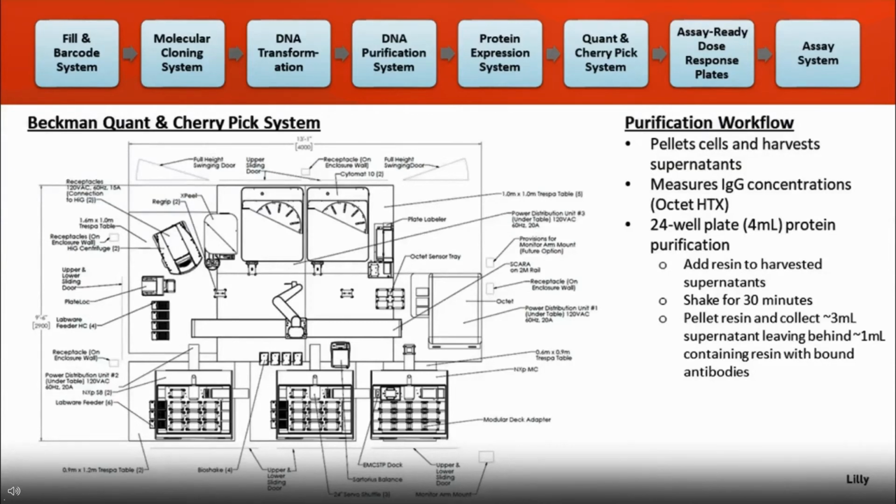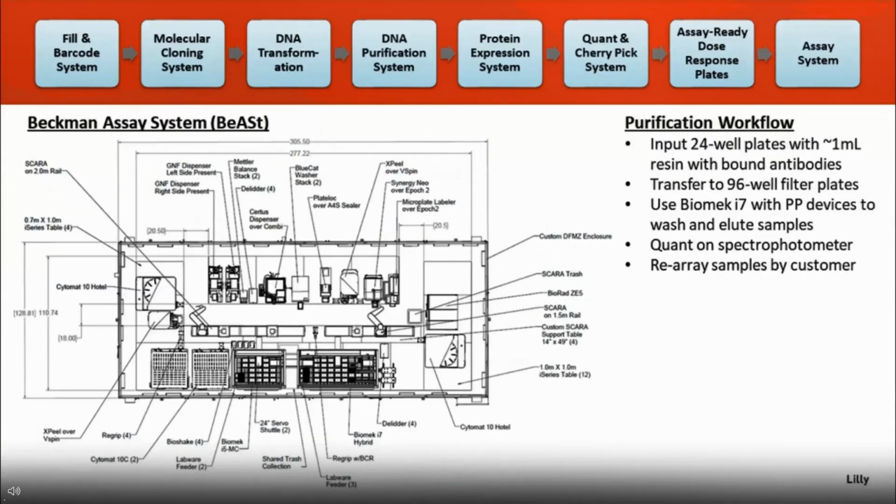So what you have as an output of this system is around 1 mil of liquid and resin in these 24 well plates, and the antibody is largely bound to the resin at that point in time. And we've done it. Mike Cohen's done a nice experiment showing that we are capturing nearly all of the antibody in the supernatant. And so from here, we can go to the DNA purification system where we have the new